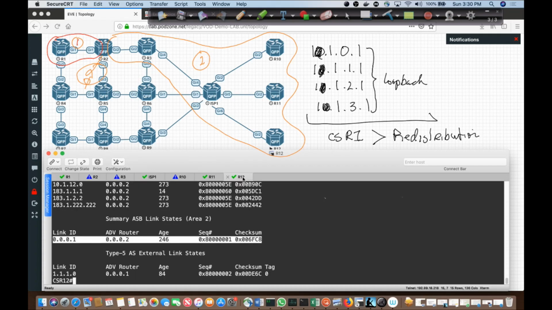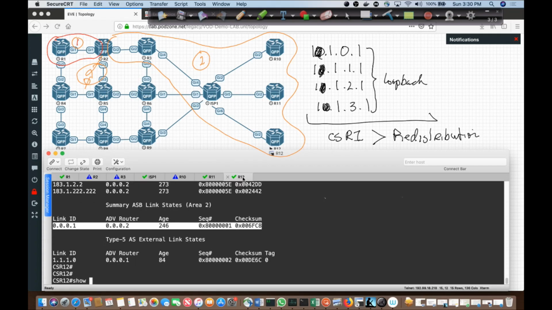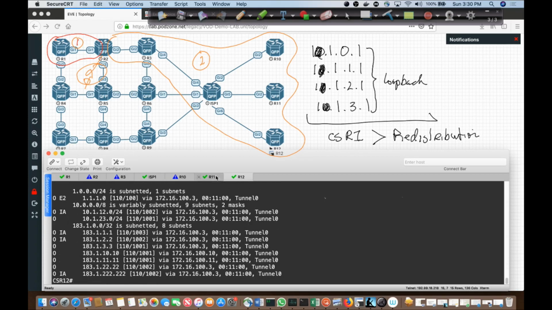So if I go all the way over to R12 and I say show IP route for OSPF and look at the outcome here, I see the single prefix. Notice its metric is still 100. It did not increment. It traveled through 1, 2 devices and an overlay to get to me,